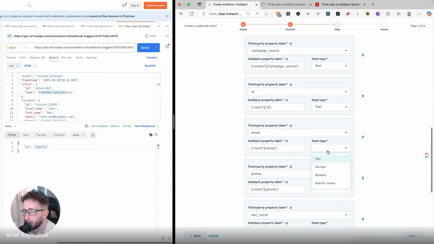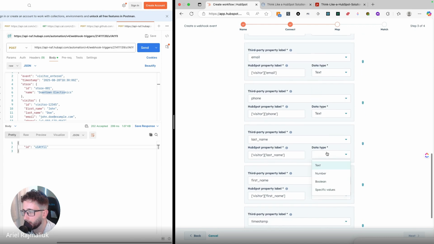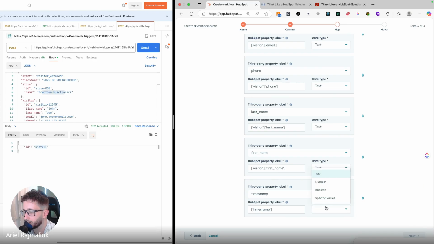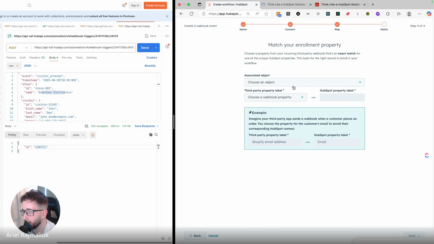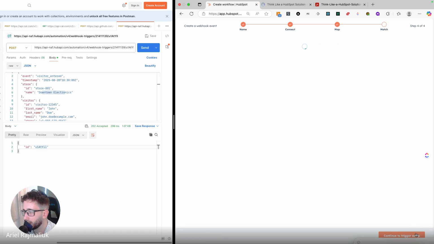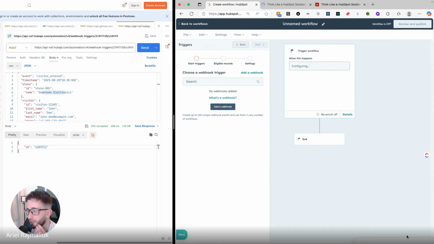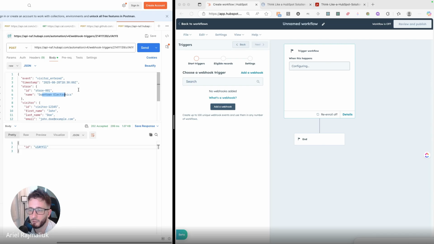Let me show you real quick here. We'll put all as text for simplifying. Text, text, text, continue. And then how is this associated? Okay, so event email. And then you continue, trigger, and boom, now you have a workflow that works with a webhook. So if you're in a SaaS, for sure you're going to tell your developers, hey, just build me a payload that sends me, for example, a notification of the result of a payment, right? So yes, you could send it as an event, or you can do this.